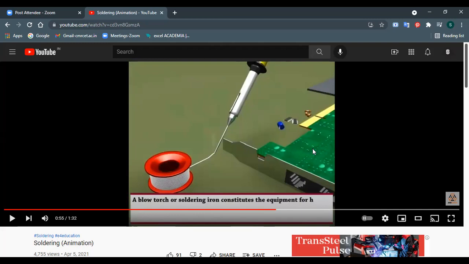I'm sorry, not PCB. Yes, printed circuit board, I believe, is what we call it, right? So even this plate is not melting, and those electronic components are also not melting. So this is a major difference between the previous welding that we have seen and soldering, right? Here only this filler metal melts and joins these two. There is no melting of the joining components.